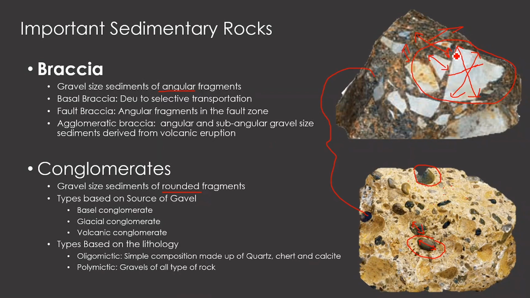When we say that the grains are angular in nature, that is an indication that the grain has not been rolled much, or has not undergone much erosion or transportation. The sediments are derived from a nearby area, deposited, and then converted to a rock, and it produces a breccia. Whereas when the grains or sediments are rounded in nature, it means they have gone through a prolonged transportation process, probably by agents like wind or a river, or any such agents which moved them for a prolonged duration, and